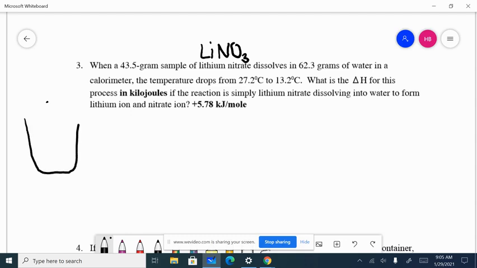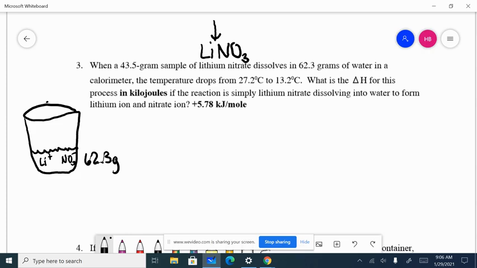So this is an example of when you would use a coffee cup calorimeter. As such, you would have water, and then you would dissolve the lithium nitrate into ions, lithium +1 and nitrate -1. This is where the system and the surroundings become important, because the system is actually the ionic bond between lithium and nitrate. The surroundings are going to be the water. So what's going to happen is the temperature of the water goes down because the lithium nitrate bond is absorbing